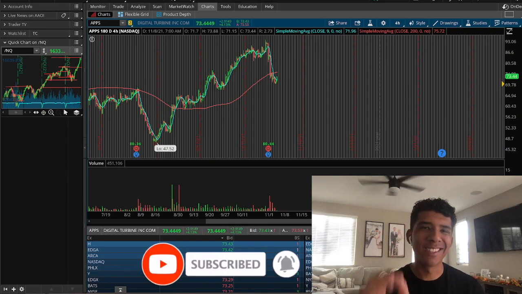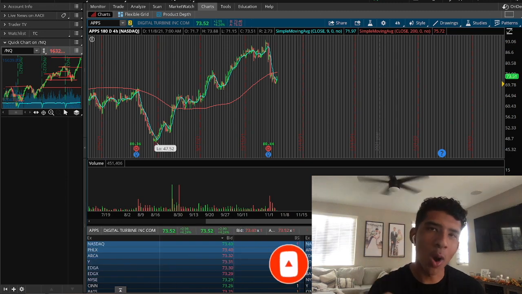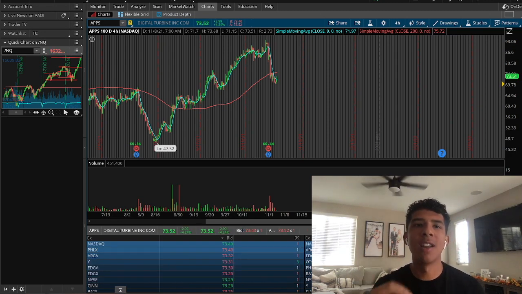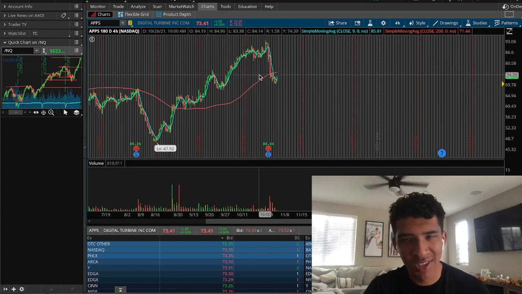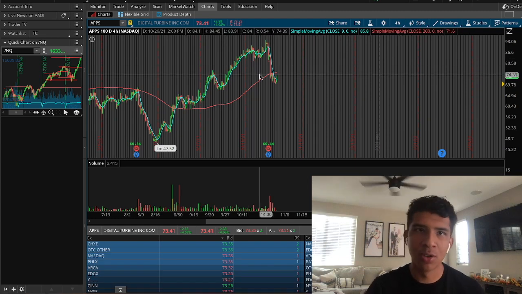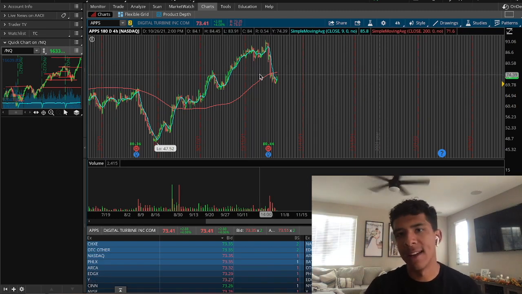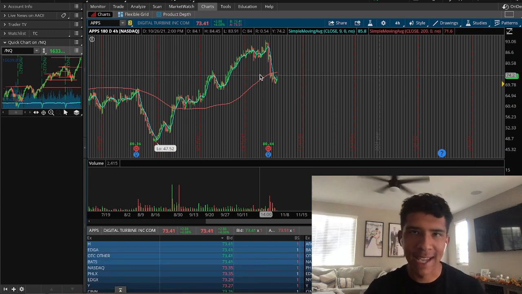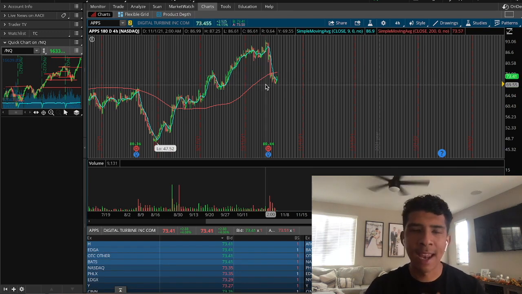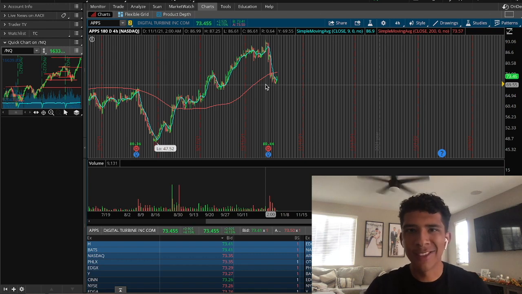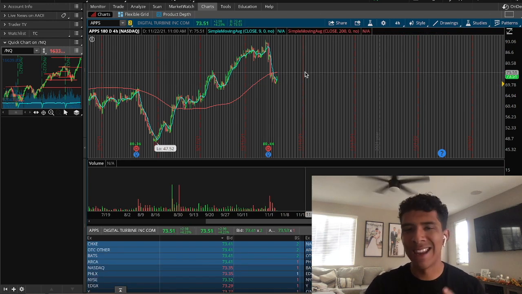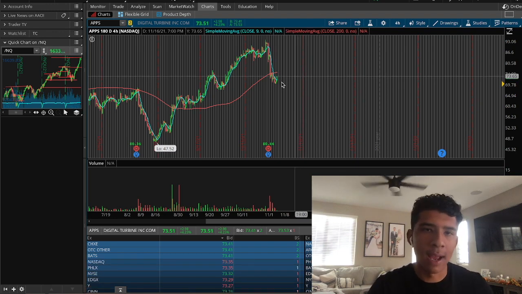Going over a stock that can give you over 20% return on investment. And yes, you guessed it, you see it here. It is Apps, Digital Turbine Inc. And what I see here is a possible reversal that is happening right now, and it's something that I really want to look into. As you can see, we're looking at a 180-day 4-hour chart on the Thinkorswim TD Ameritrade platform,